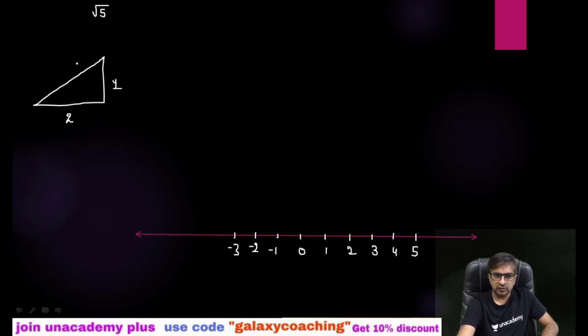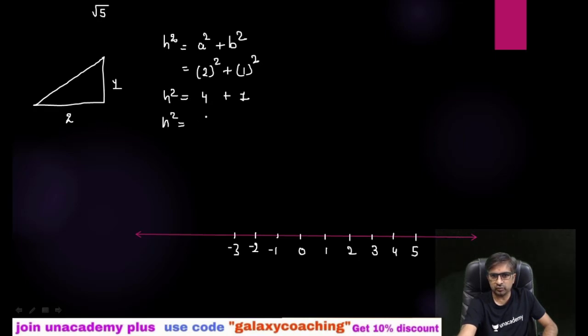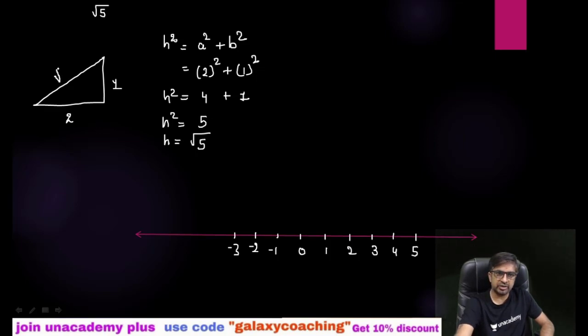Now with the help of this, find out hypotenuse. We know what is the formula for hypotenuse. Finding hypotenuse by Pythagoras, h square is equals to a square plus b square. So hypotenuse square is equals to sum of square of other two sides. So here your a is 2, so we need to take 2 square. B is 1, so 1 square. Now 2 square will be 4, 1 square will be 1. So you will get your h square, 4 plus 1, 5. So your h will be, now this is h square, so h will be under root 5. Now you got this hypotenuse as root 5.